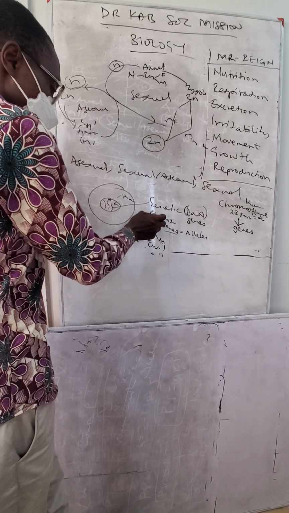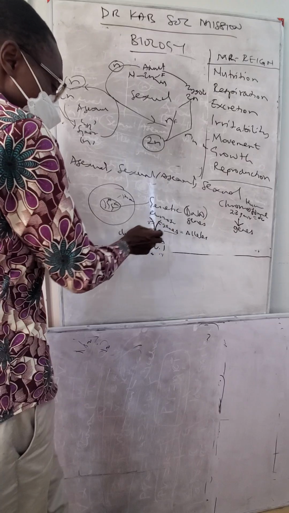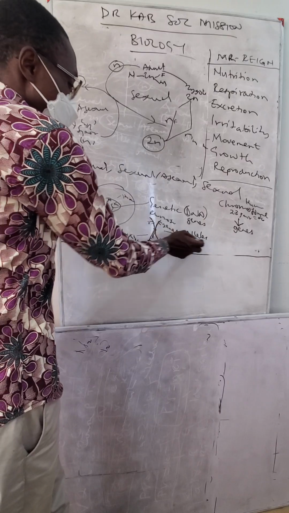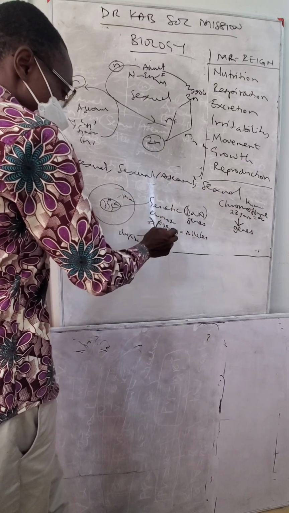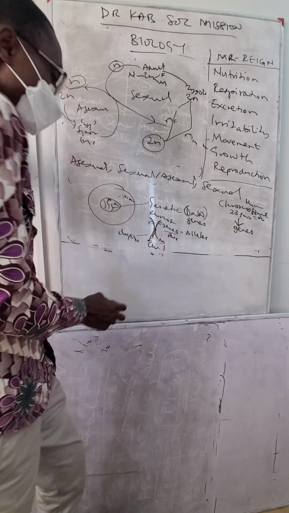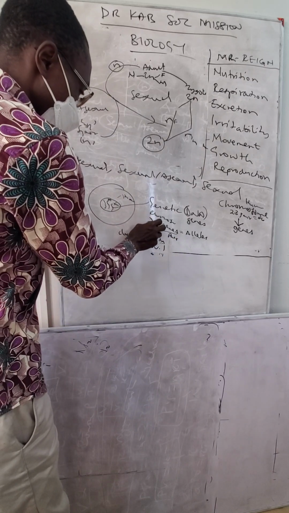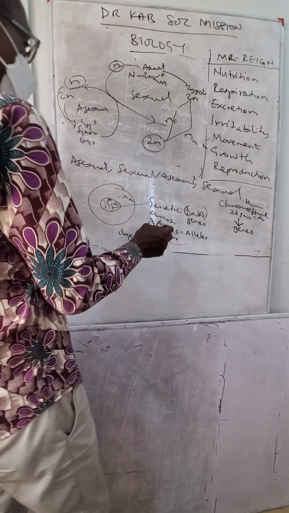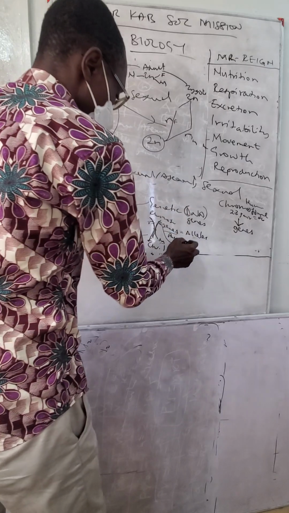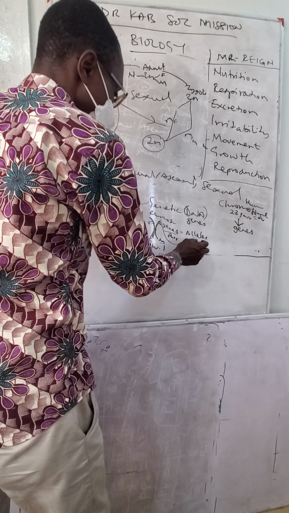So what I want you to understand is this is a chromosome. On it has genes. The genes are what we call the alleles. Okay, they come in pairs. Now inside this small gene here, we have a lot of molecules coming together. And these molecules are what we call the DNA,